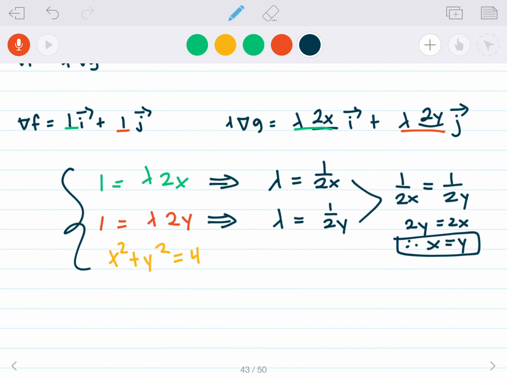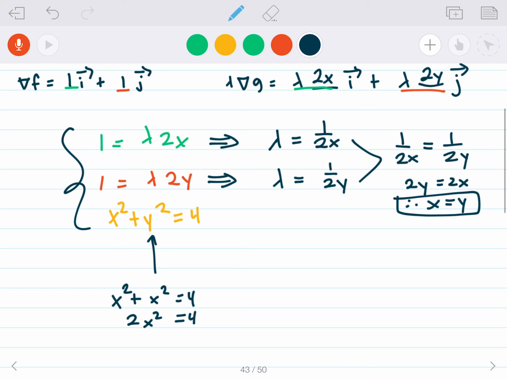So if I go ahead and sub in x for y into my constraint equation, I get x squared plus x squared equals 4. And this tells me 2x squared is equal to 4, which tells me that x squared is equal to 2, which tells me x is equal to plus or minus root 2. Okay, so then I can find the corresponding y values. So when x is equal to plus root 2,